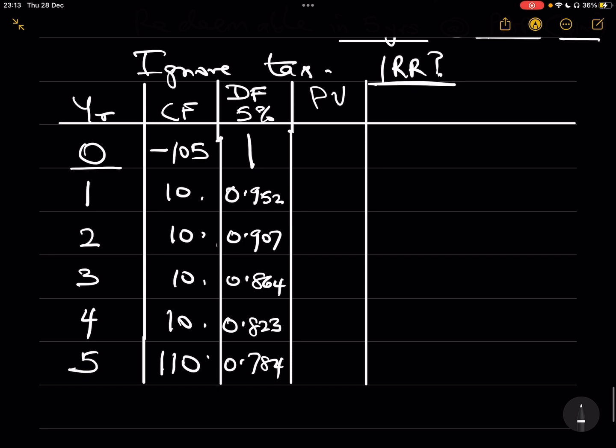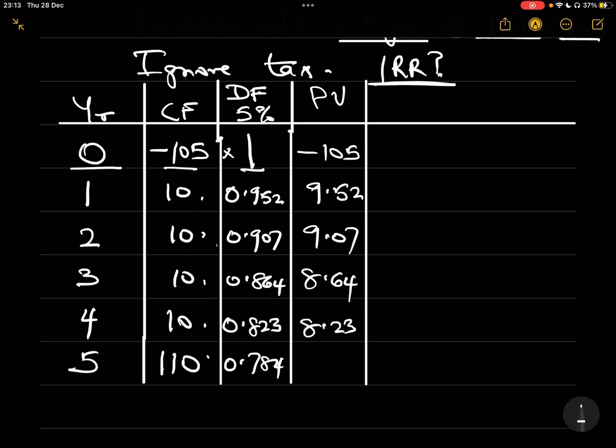So the present value is now the cash flow multiplied by the discount factor. For the first one, minus 105 multiplied by 1 is minus 105. We multiply 10 by 0.952, and that will be 9.52. This is 9.07. Next one is 8.64, 8.23, and finally we do 0.784 multiplied by 110, we have